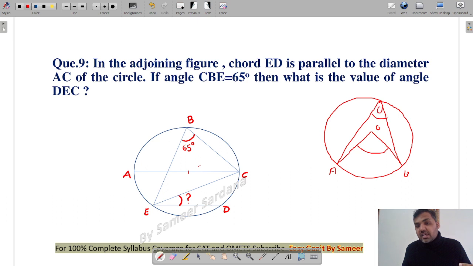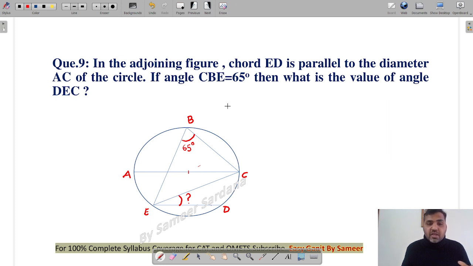That means if this angle is theta, then this angle will be equal to 2 theta. Secondly, all the angles subtended by the minor arc AB at any point in the major arc will be the same, right? So if this angle is theta, this angle will also be equal to theta, guys. This is a standard, basic angle-related property that you guys should know.